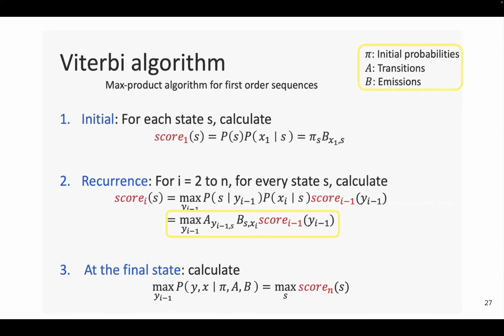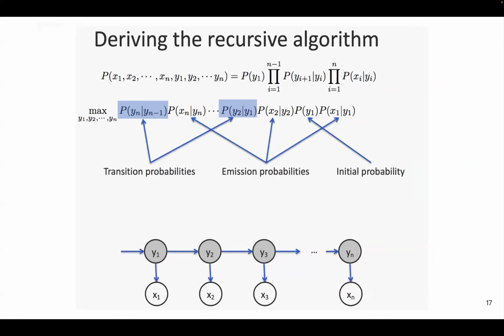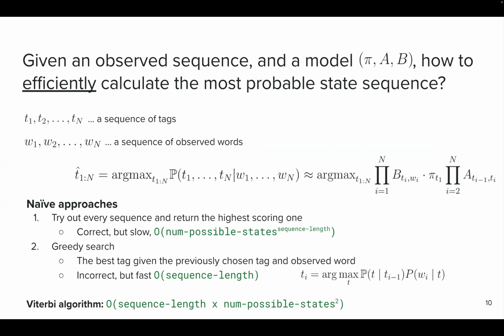Why is this faster? So remember what was the runtime of our most naive approach, which is trying out all of the sequences and returning the one with the highest score. It was the number of possible states